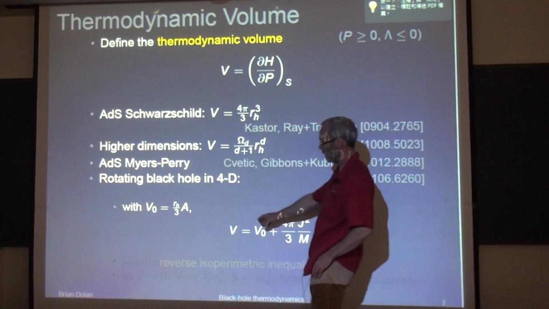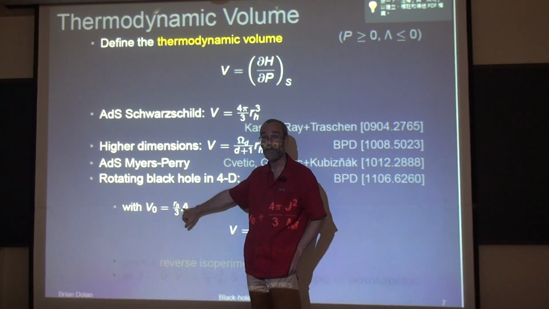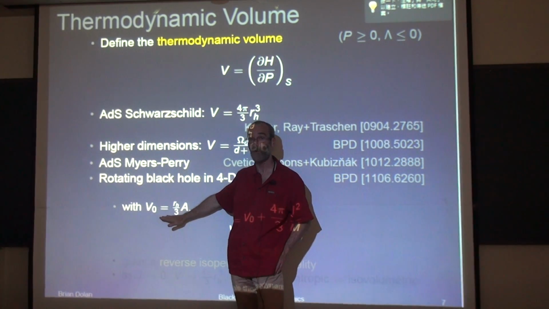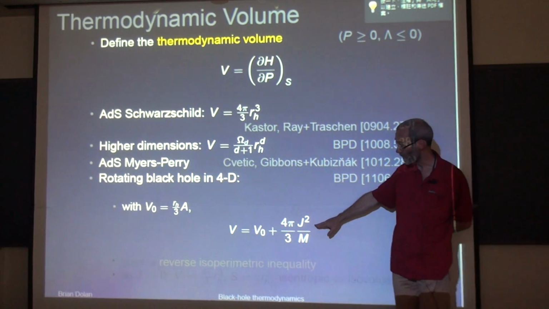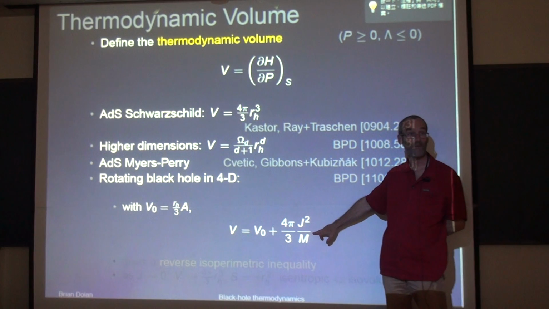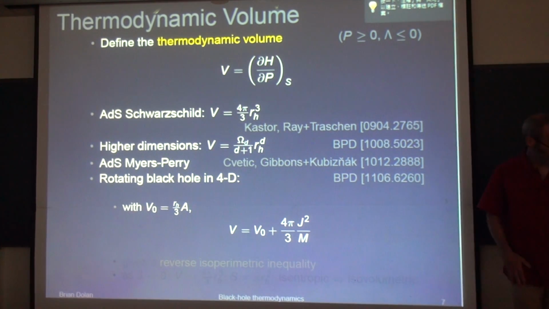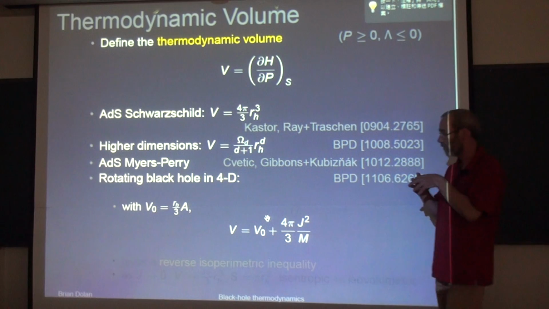If I define the event horizon radius times the area divided by 3 as being V naught, so this would be the volume of a sphere in Euclidean space, then the volume of a rotating black hole has a correction which involves plus J squared over M. It's a simple enough formula, but it tells us something very interesting, because it's saying that in ordinary Euclidean space,